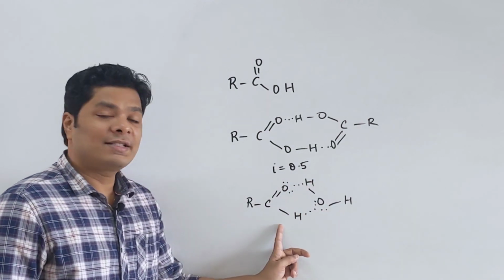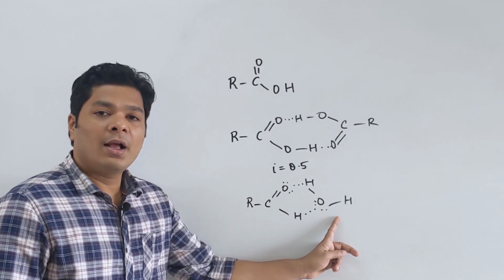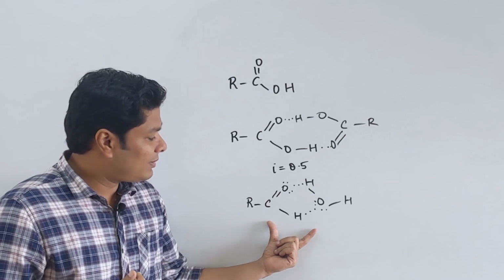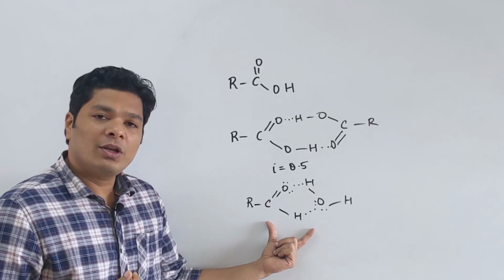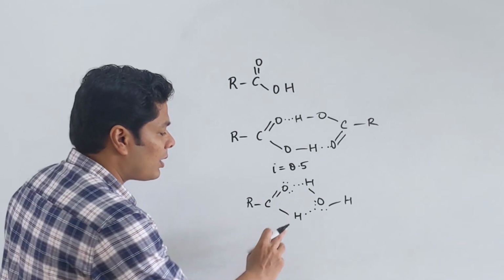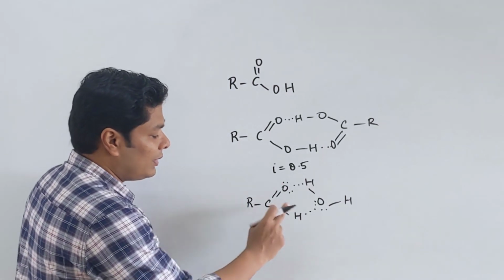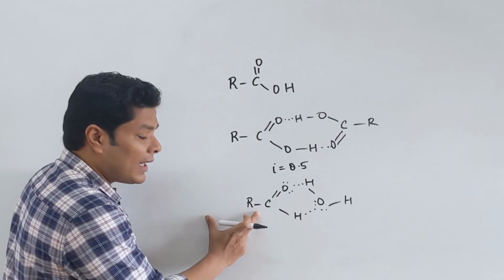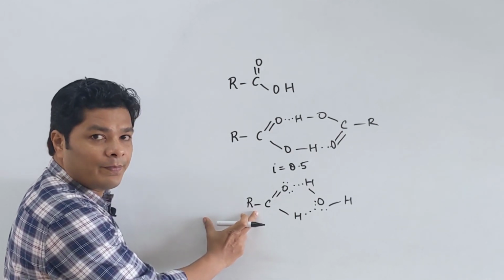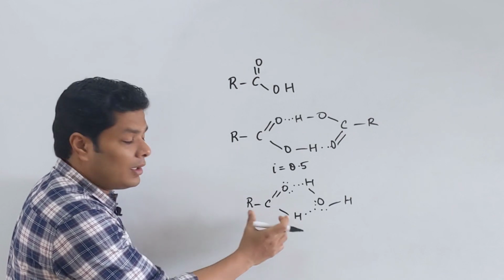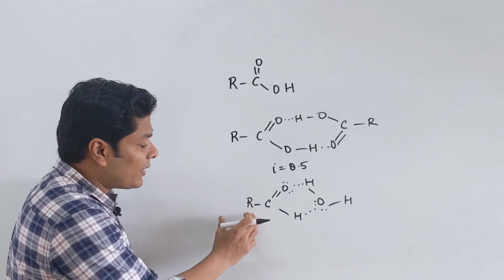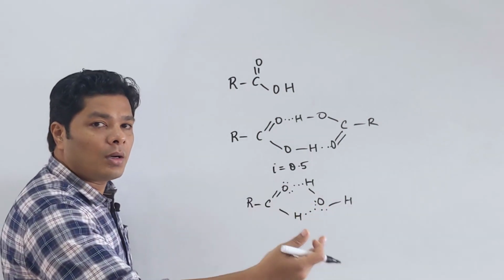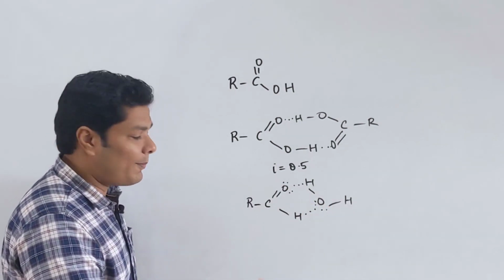Because of that, carboxylic acids are much more soluble in water compared to the corresponding aldehydes, ketones or even phenols. So this is something where the solubility you want to know, and the solubility is directly related to the acidity of the molecule. So the longer the R chain, meaning the hydrophobic tail, the hydrophobicity increases, hydrophilicity decreases. Hydrophobic means they don't like water. So the longer the R, the lesser the solubility. So the higher order carboxylic acids are less soluble in water compared to lower order.